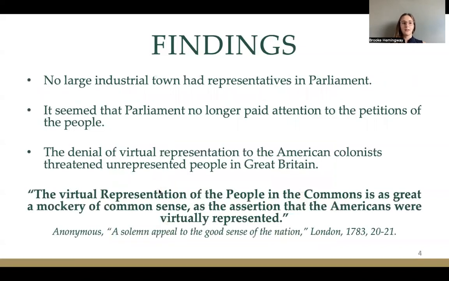In these pamphlets, they used a couple of arguments that made me think that a lot of people in Great Britain identified with the Americans. They previously had been under a system of virtual representation for the most part, where they themselves were not directly represented. And although this system worked for a time, they thought that it was beginning to break down after the American Revolution. The reason they thought this was mainly because the interests of industry were no longer sufficiently represented. They wanted industrial leaders and people who really understood manufacturing to sit in Parliament as well.